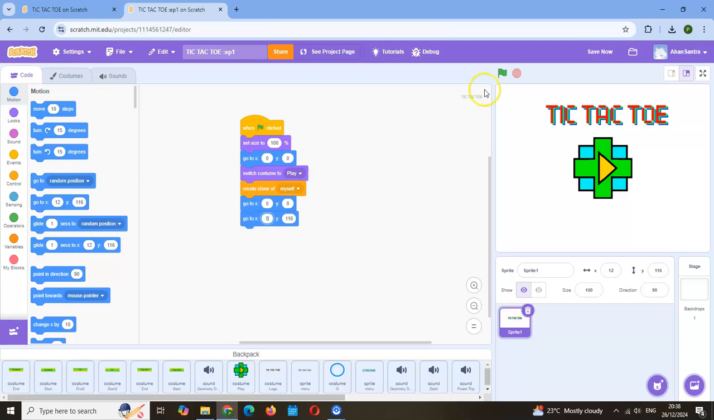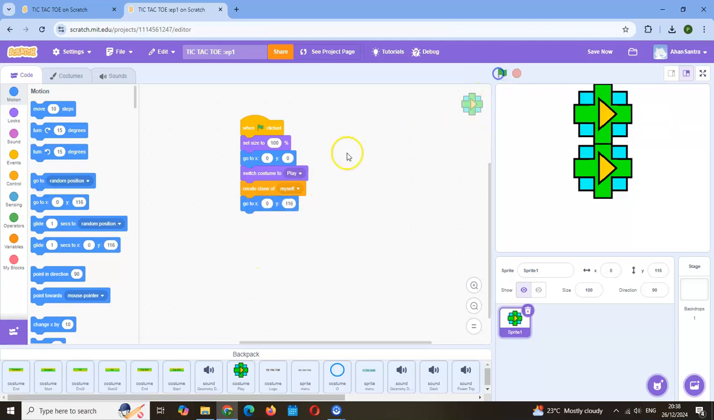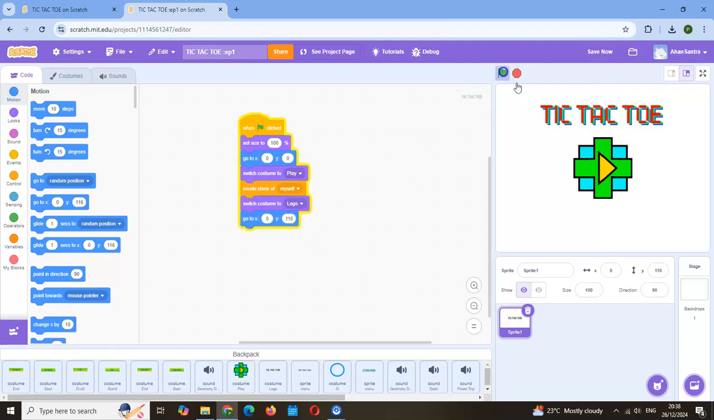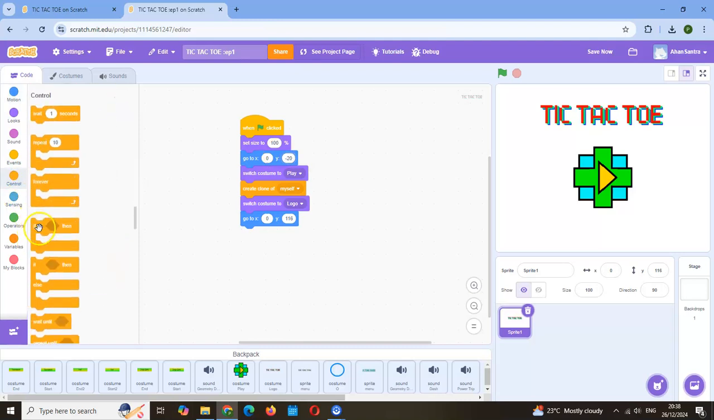Let's check. No. Yeah, I forgot to switch the costume. Now, if we look, we have it properly. This may go a bit down. That's okay. Let's make it minus 20. That's better. Now, when we start as a clone,